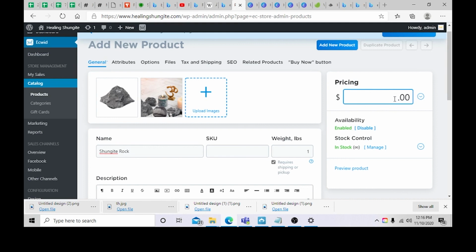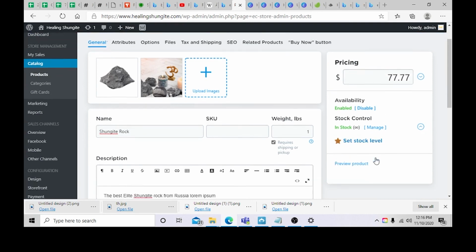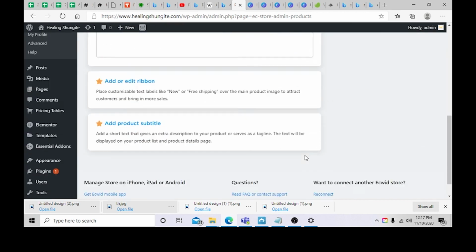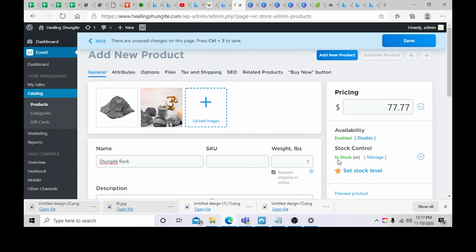Let's say we want to sell a pound for $77. You can manage the stock availability. It's enabled because we have stock. I'm just going to do infinity because we could always order more, but however many you sell, you have to make